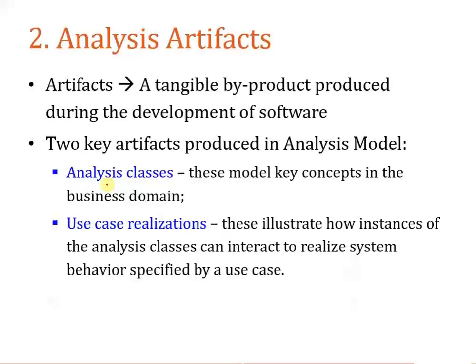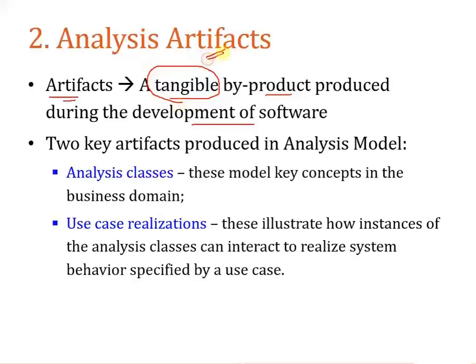Next idea is to focus on the analysis artifact. So here is the definition of what is an artifact. Artifact is any tangible, that is any meaningful product or any byproduct which is produced during the development of a software. So during the development of the software, there will be multiple phases inside it. In each and every phase, if there is any meaningful, that is tangible output, then such particular output is classified